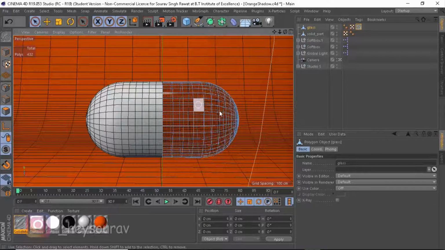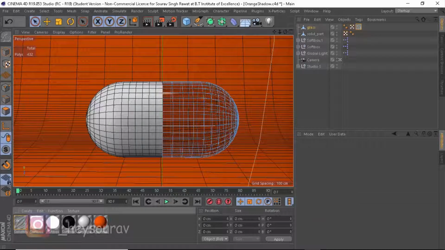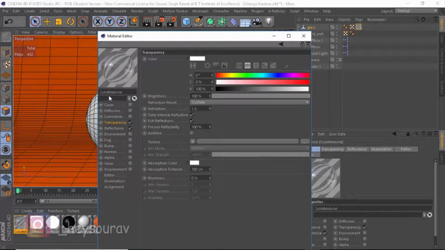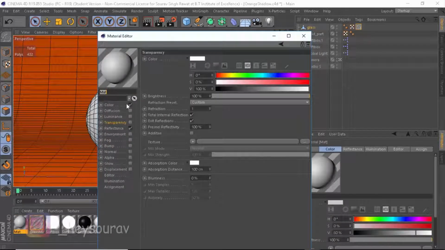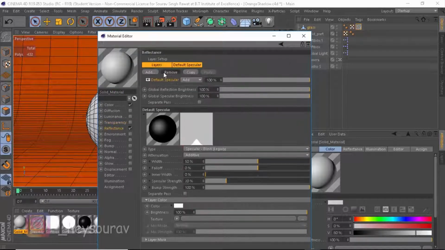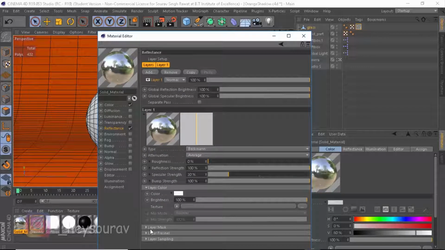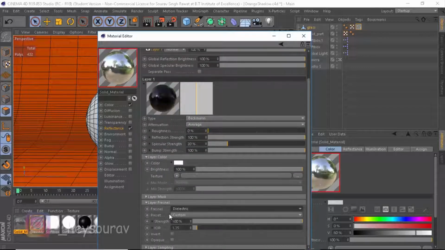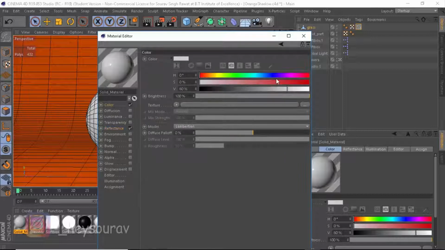Let's disable the interactive render region and set up our solid side. I don't know why I named it solid material. Let's name it like glass material. Okay, let's create another solid and let's name it like solid material. Let's go to a transparent reflectance, do the same, Beckman and Le Fresnel, add a dielectric. We need not to worry on the presets here, let it be as it is. Let's go to the color, and I'm going to be keeping the color around,